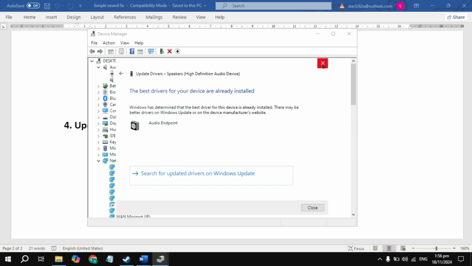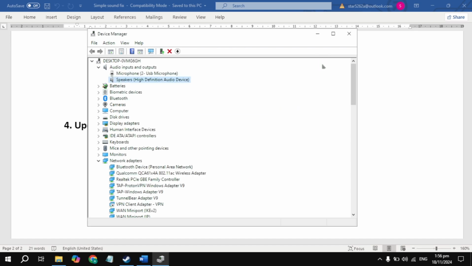Now if you still have the sound or audio problem, then check the in-game audio settings. So make sure that your in-game audio setting is set to default. After all of these settings, just restart the PC